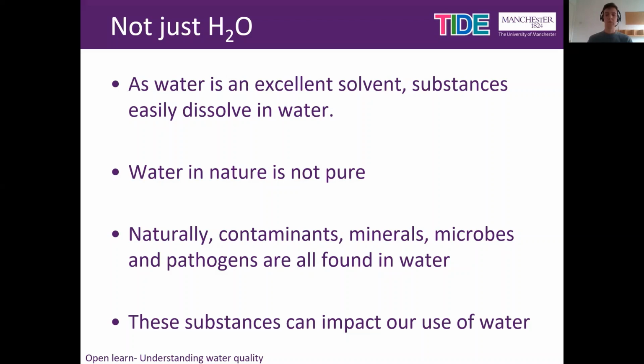This doesn't mean rainwater isn't very clean. Normally only 1/100,000th of the weight of rain comes from these substances. But put simply, rainwater isn't simply just water. It has substances within it, and this is the case for all water found in nature, where contamination can occur from a variety of sources. Whilst the contamination discussed may not be a major concern, contamination can increase to harmful levels, which impacts our use of water.